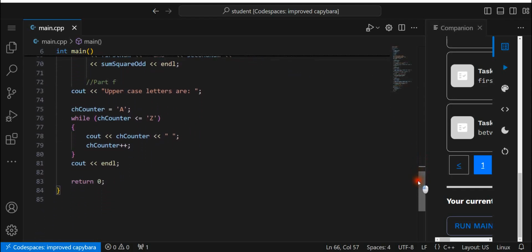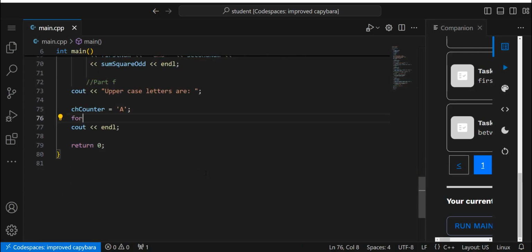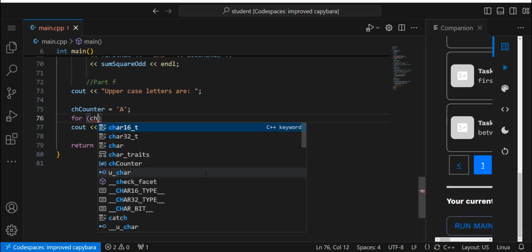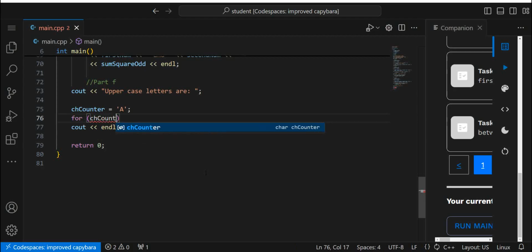So now let's look at part F. Uppercase letters are, that's fine. And then the same thing, we turn this while into a for loop just by doing for. And let's go ch counter equals, and let's put A in its little quotes, semicolon behind it, down there, and semicolon behind that,